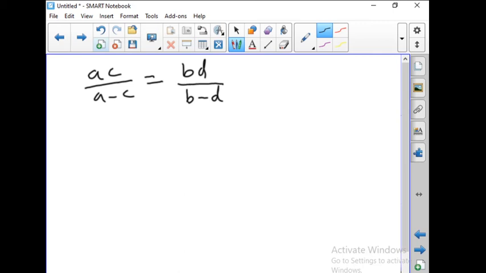After that, ac stays on one side, divided by a minus c on this side, and bd we take to the other side. In the same way, b minus d also we take to the other side. Okay, this is what is needed to bring the answer. So now this can be written as ac by